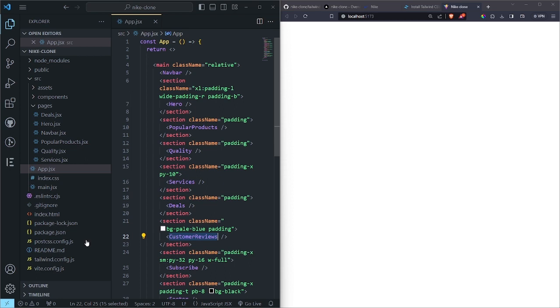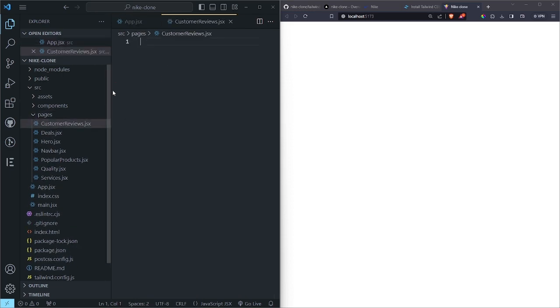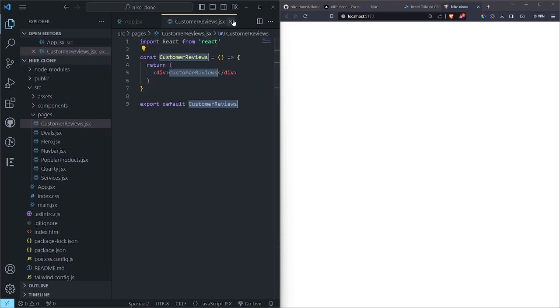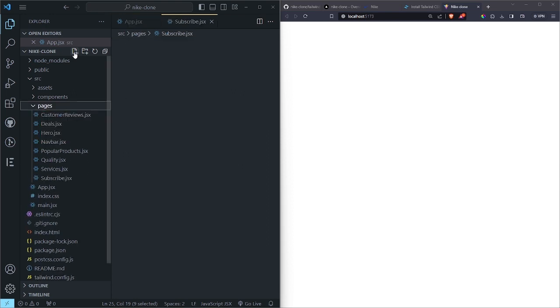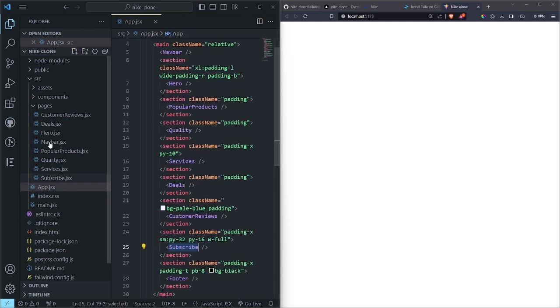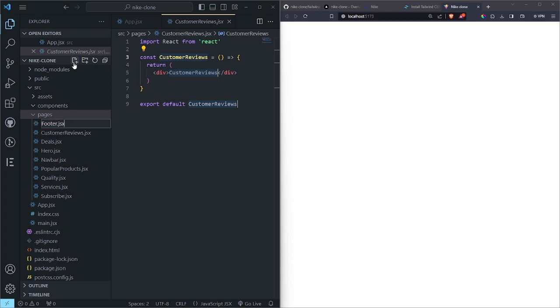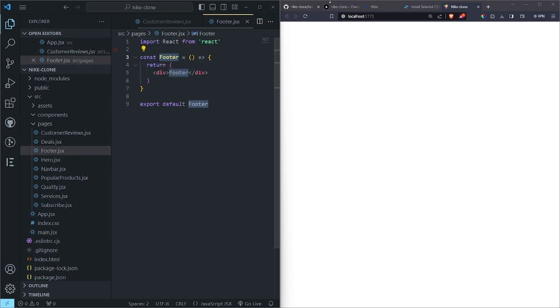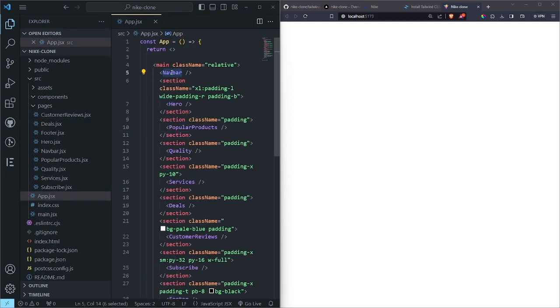These pages are many, so we're going to add it here .jsx, then rafce, and then let's come here and add subscribe and the footer. So let's do this, rafce, and then now finally the footer, Control C, the footer, and then .jsx, rafce. So after creating all the pages, if I come here and do control and then space,